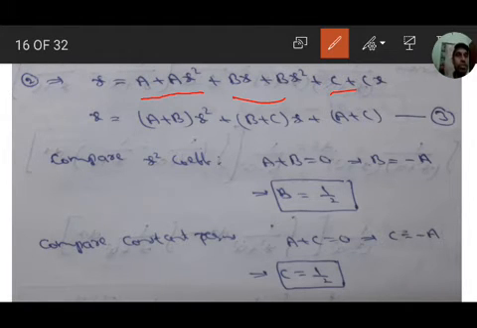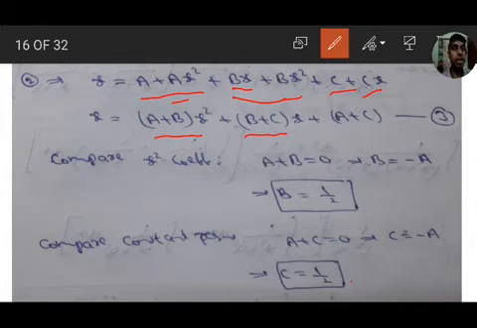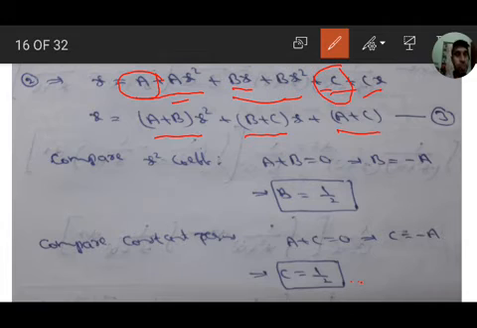Then here the x square terms are ax square and bx square. So x equal to a plus b into x square, which is common. Next the x terms, bx plus cx, so b plus c into x, plus the constants a plus c. Means x can be written as a plus b into x square plus b plus c into x plus a plus c.